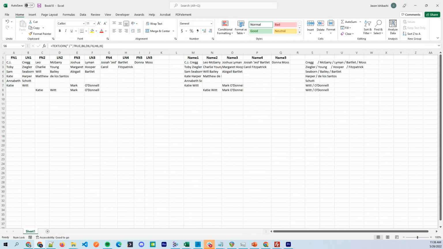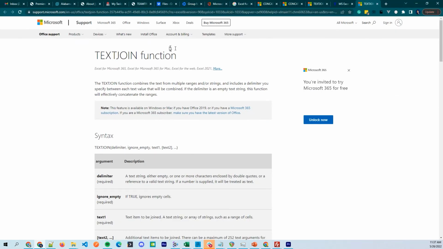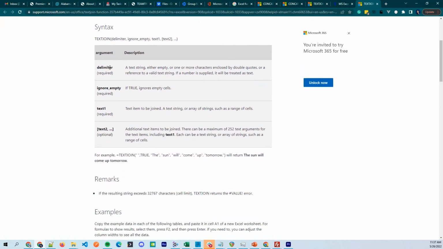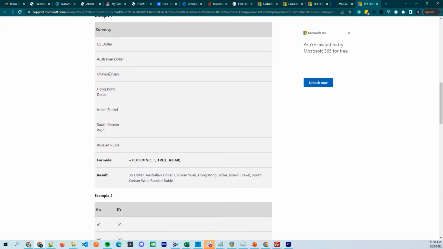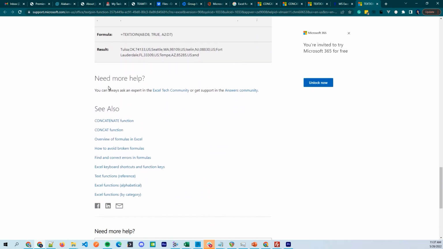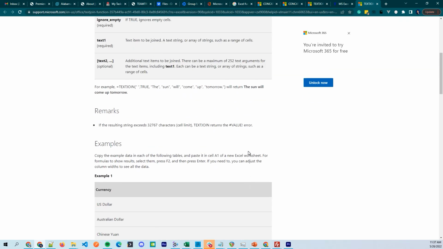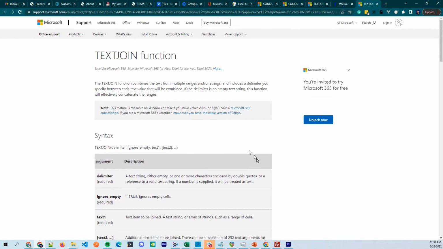And those are 3 different ways to join text strings together in Excel. If you ever need help with an Excel function, not quite sure what it does, you can always hit this insert function button, and at the bottom where there's help on this function, it will bring up the Microsoft help article at support.microsoft.com. And so it'll give you all of the information on how to use this particular function and also some related functions. I don't find that their help articles are always the best in explaining things though,